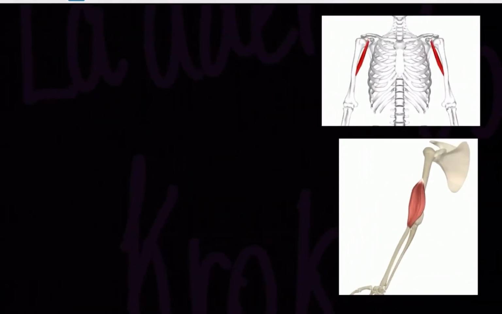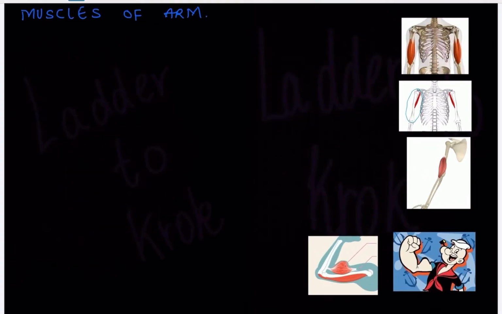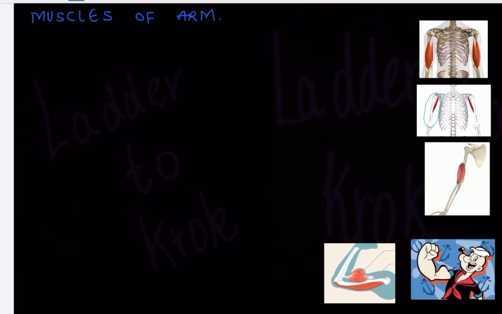So arm region, as I've already told you many a time, the humeral bone is situated at which place? In the arm region. If they ask about the forearm, then they are talking about the radius and ulna. So don't ever get confused about it. So the arm is where the humerus is situated. Now let's start first with the anterior